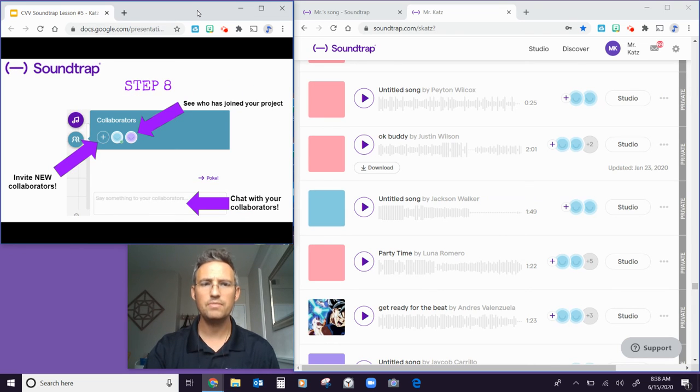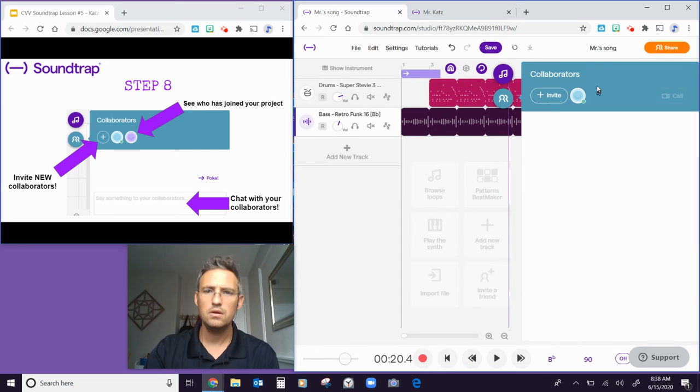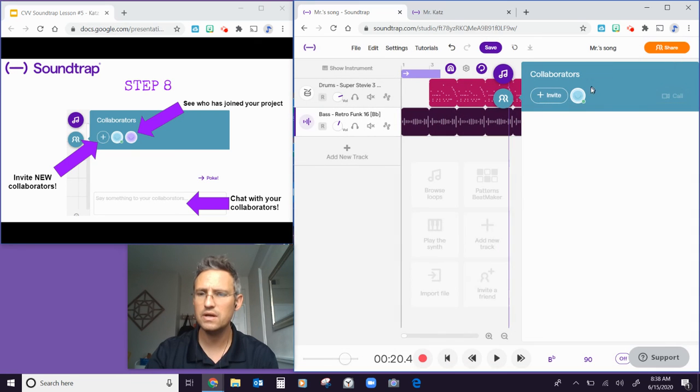All right. And right there, as I'm showing you in the song that you're working on, if you invite somebody and they've accepted, it will show up right here in the collaborators tab just underneath the loops tab. And then, yes, once they have collaborated with you and they're listed up here,